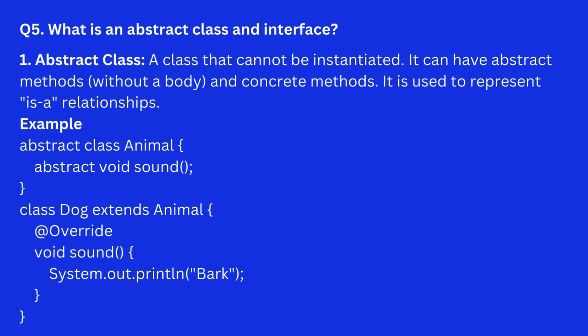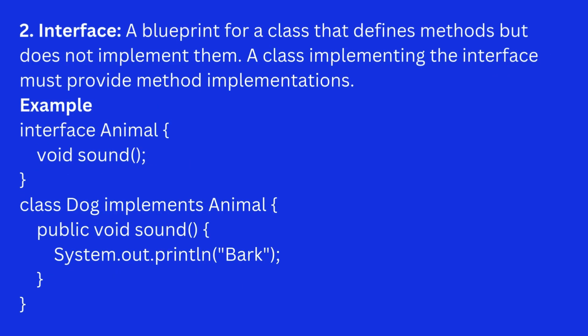5. What is an abstract class and interface? Answer. Abstract class: a class that cannot be instantiated. It can have abstract methods, without a body, and concrete methods. It is used to represent is-a relationships. Code. Interface: a blueprint for a class that defines methods but does not implement them. A class implementing the interface must provide method implementations. Code